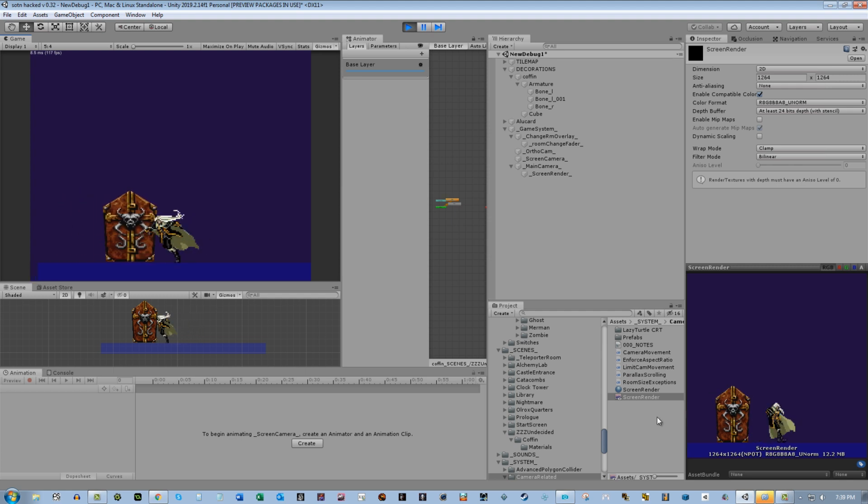You can quickly see it's updating to match Alucard every step of the way because the cameras are actually drawing to this render texture here. And I use this render texture because it allows me to scale up a little bit. I can also use render textures to do extra effects, like you'll notice in the